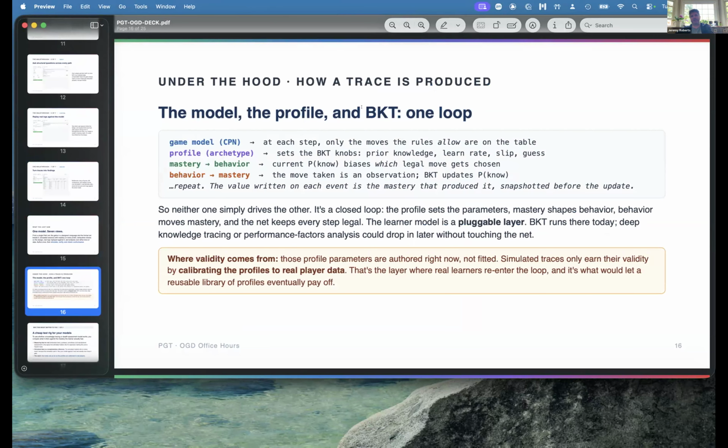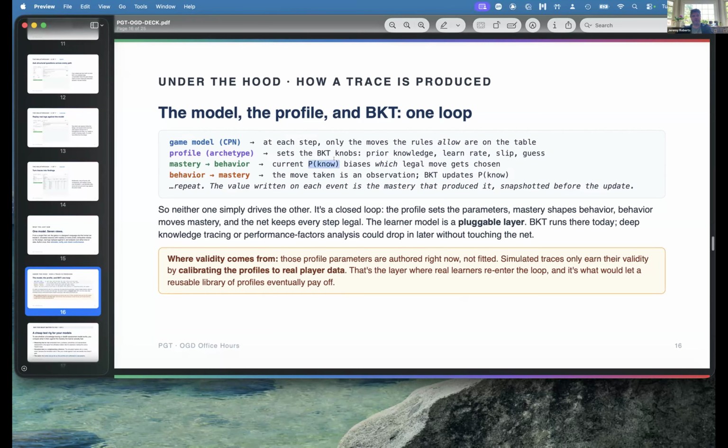I promised that I would eventually get to the point where I wanted to share about how BKT is in the loop. So the game model, the colored PetriNet, determines what's valid, like what only structurally valid things are even on the table to be selected from. So that provides the structure. The profile is what sets those cognitive model knobs.